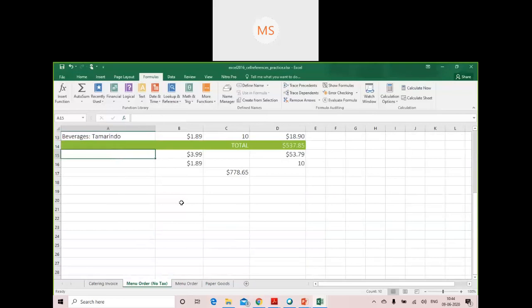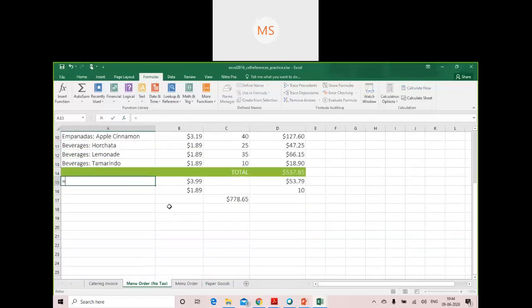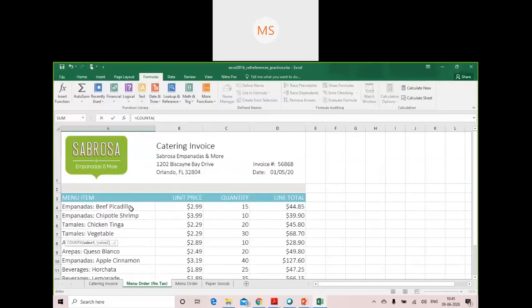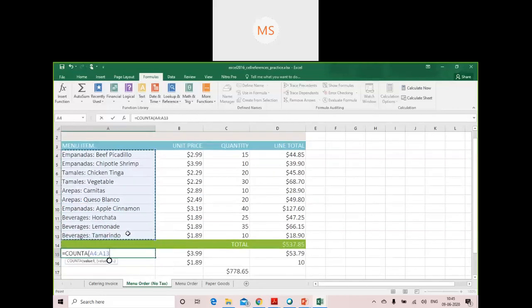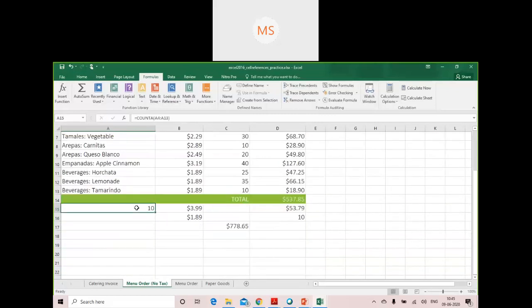Now here I will make use of this particular function. I will write equal to count A. The moment I type count, at the second place it automatically gives count A. I select it and then I provide the cell range. Here the cell range is from A4 to A13. Close your parenthesis, press enter. It gives 10. So this is how count A can be used on cells consisting of values other than numbers.